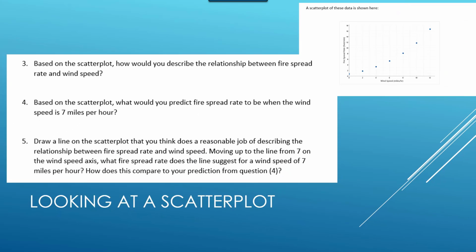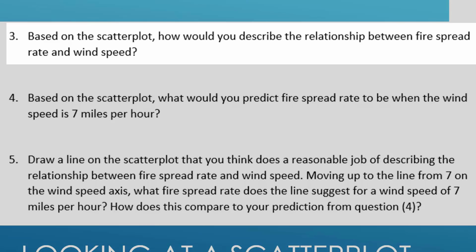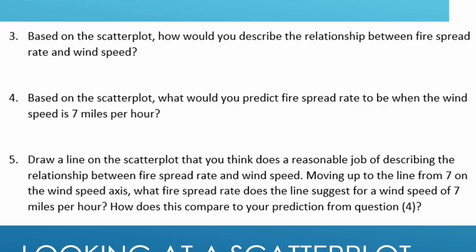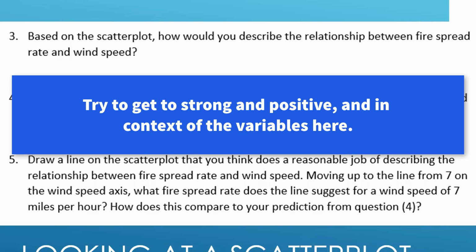At this point in the activity, you can give students a few minutes to consider answers to questions 3 through 5. Ask students how they describe the relationship in their answers to question 3. If the first student who shares gives only a partial answer, for example, just saying that there seems to be a positive relationship between fire spread rate and wind speed, you can ask if any other students would like to add to that answer. Try to bring students to a description that includes that the relationship is strong and positive, and that is in context, meaning that it's in terms of wind speed and fire spread rate rather than just